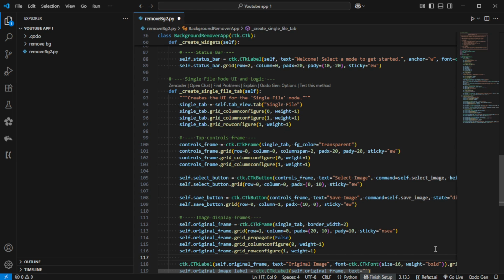ctk.CTkLabel(self.process_frame, text="Background Removed", font=ctk.CTkFont(size=16, weight="bold")).grid(row=0, column=0, pady=10). self.process_label = ctk.CTkLabel(